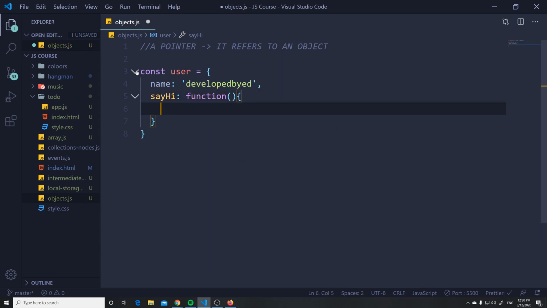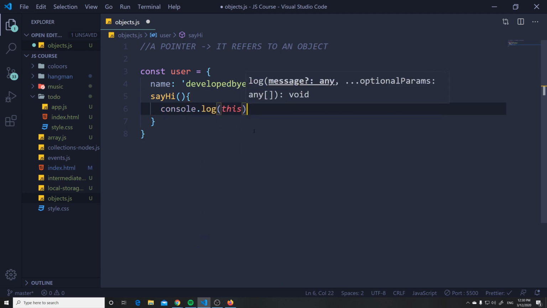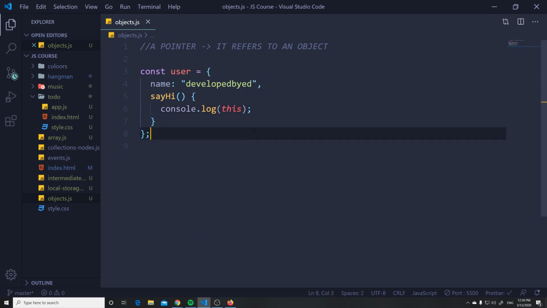Also, by the way, if you want to add a method to an object, there's a shorter way of writing the syntax. When you're adding a method in an object, you can get rid of the function keyword and the colon like this. This is just a shorthand way of writing it, and this is what we're going to be using from now on. Okay, so in here, if I do something like console.log(this), and I invoke the function,